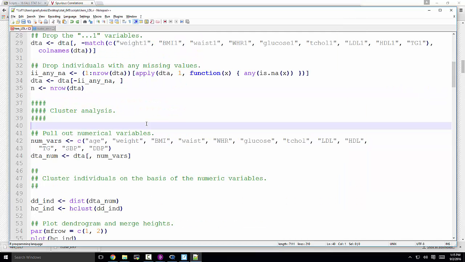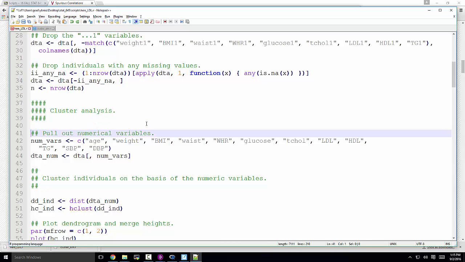All right, cluster analysis. We are going to try to join together or group together either the individuals in terms of numerical variable profiles, or we could also group together the variables in terms of individual profiles. I'll show you both of them. What I'm going to do right now is clustering. I said last time that it's based on distances, like vector distances. Which of the people, which of the women look most alike in terms of these